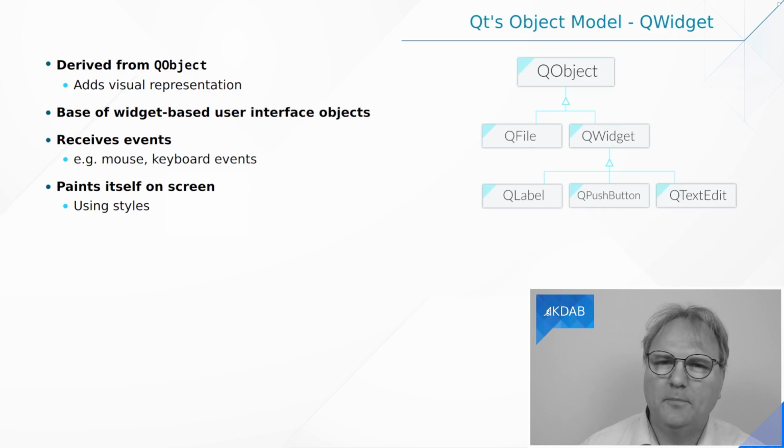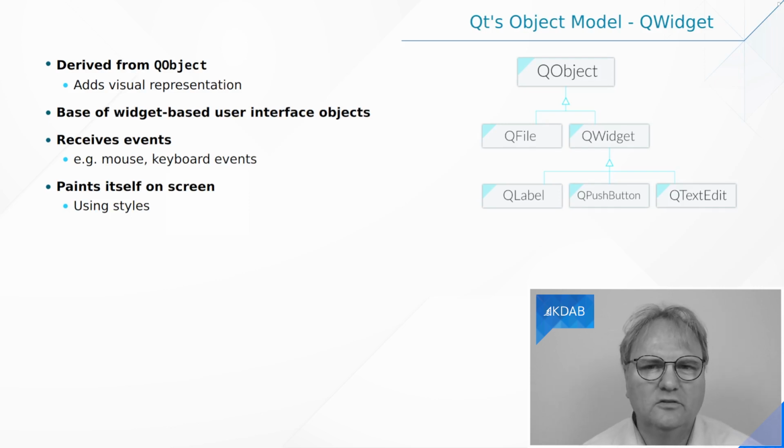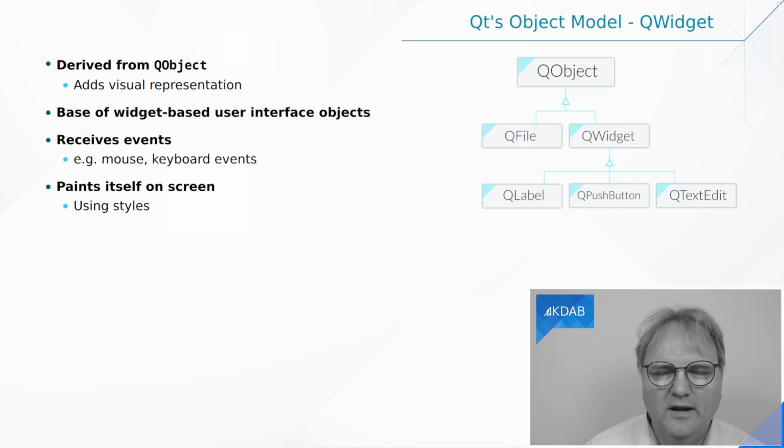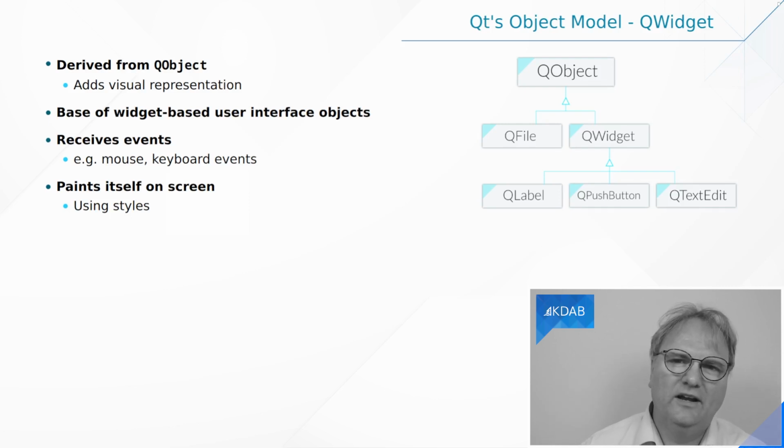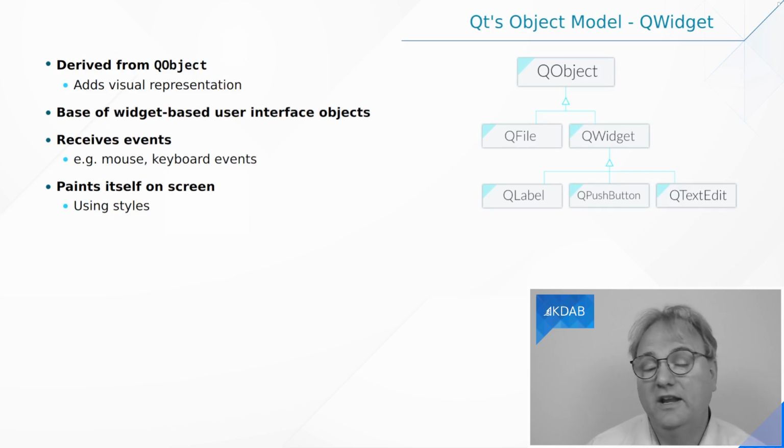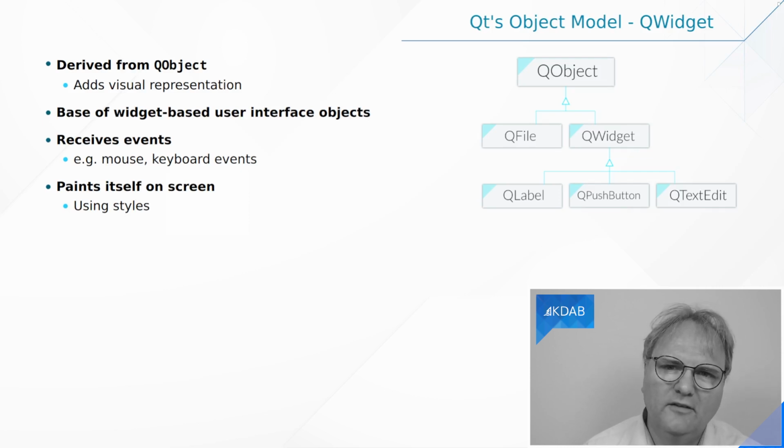So when you think of a checkbox, it has a rectangular area that is the area you can check in, and it has some text. You can think, at least conceptually, that the paint event of QCheckBox draws a rectangle and draws a piece of text. In reality, it doesn't. It does that via the styling system, but at least conceptually. And if you were ever, and you likely are, to create your own widget, you will definitely draw stuff in your own paint events. So that's part of what QWidget does. But in the context of the QObject hierarchy, it does something else.